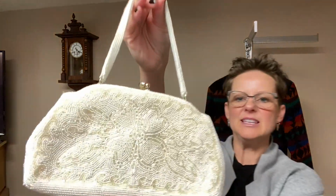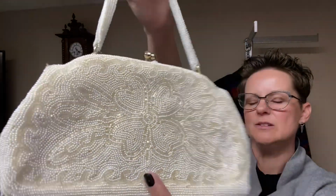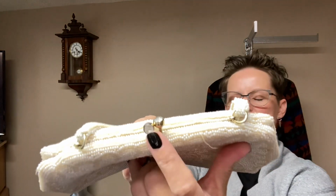The first one, these are both vintage purses, so they don't have a brand, but this is an absolutely beautiful glass beaded, probably hand beaded. Oh, and then the kiss lock has little rhinestones, so that's a nice little detail. And then inside it actually has this really pretty little hand mirror that's beveled, so you don't see that very often. This one, since it does have that hand mirror in there, I have it listed for $24.99,